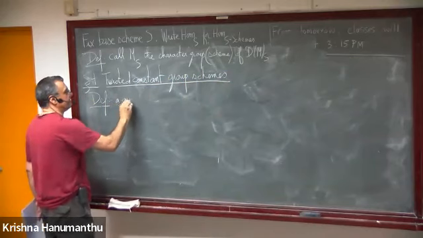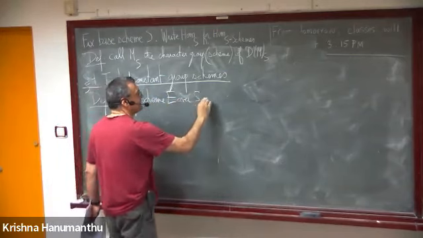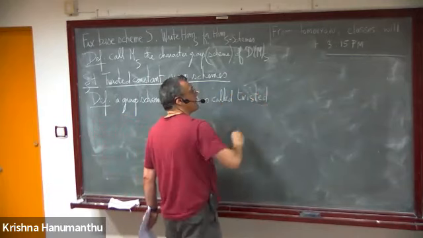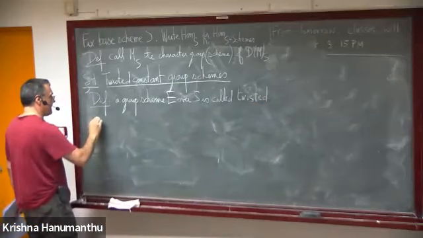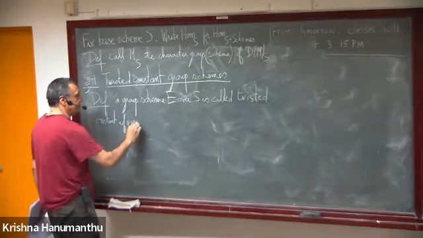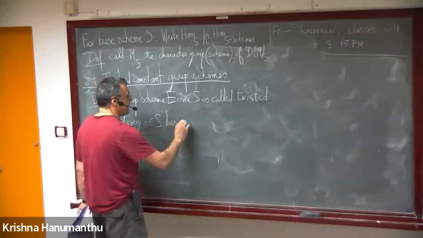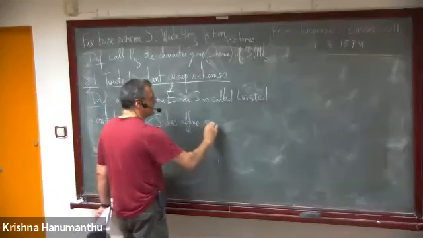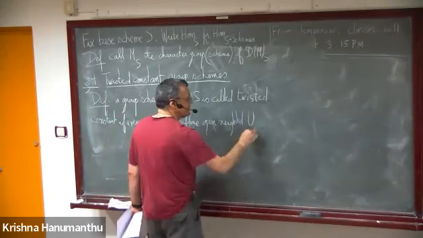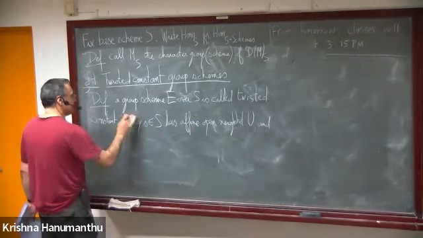A group scheme E over S is called twisted constant if every S in S has an affine open neighborhood U, and